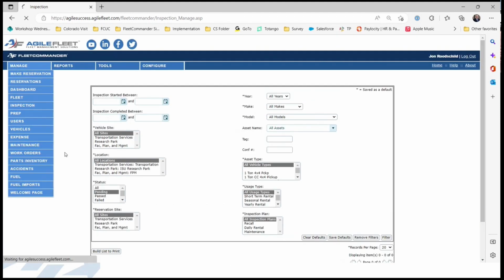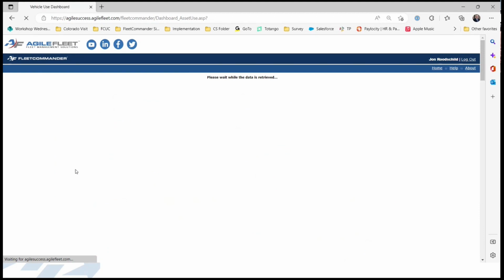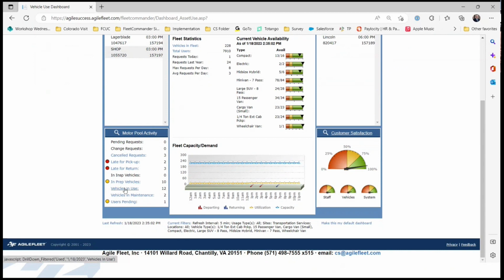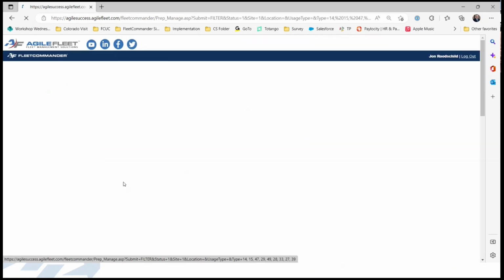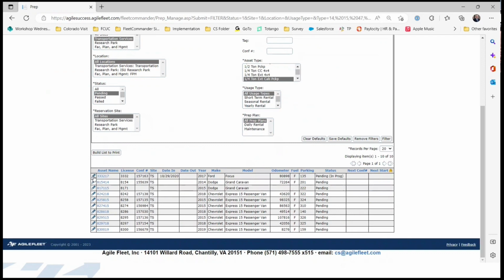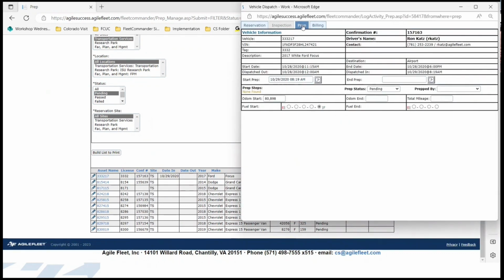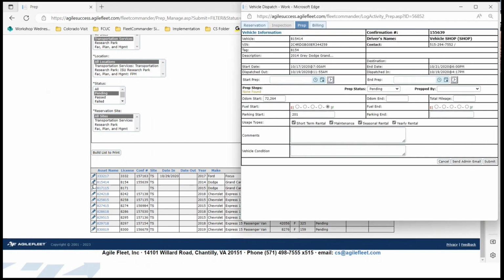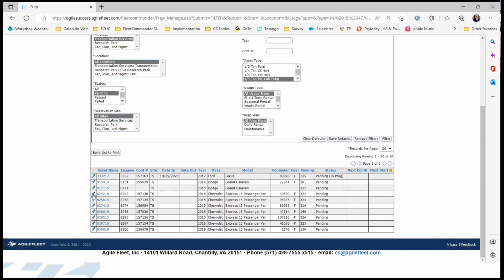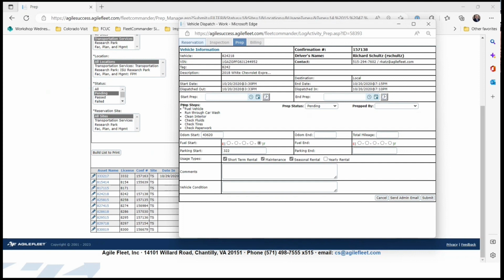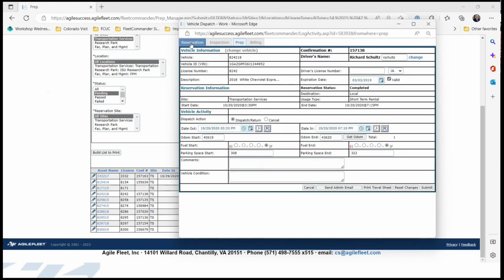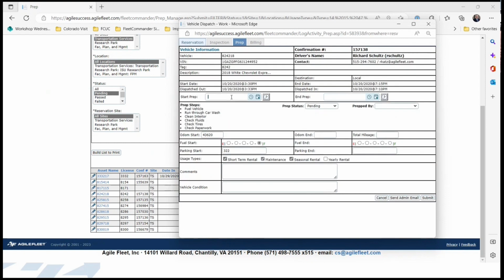We'll go from the dashboard here and click on, again, you see here right above vehicles in use, you have in prep. And when you click on this, you can go in here and you can find, this is where we find right here for this particular type, for maintenance, you have your prep steps that are listed so that anybody, when they check in their vehicle, the vehicle's checked in, it rotates to prep and you can fill in your time